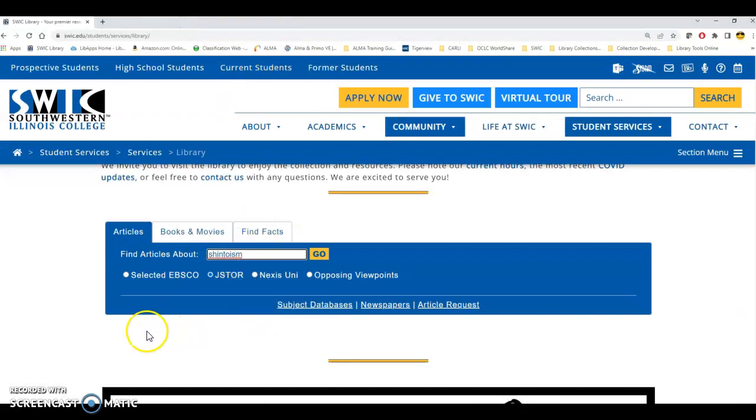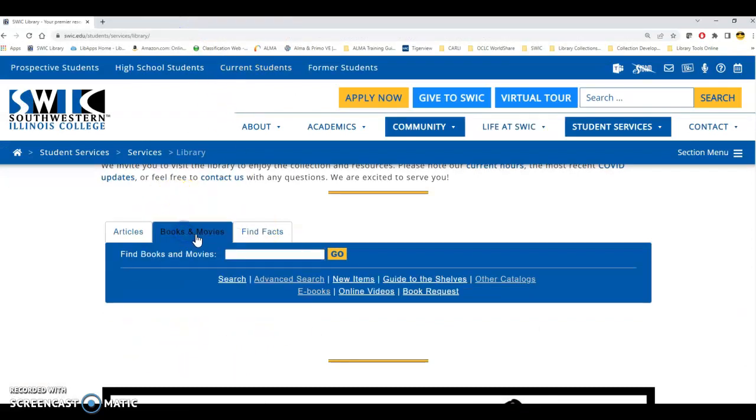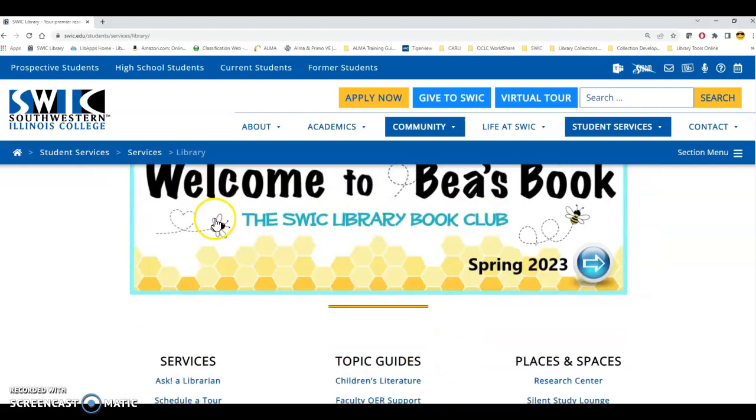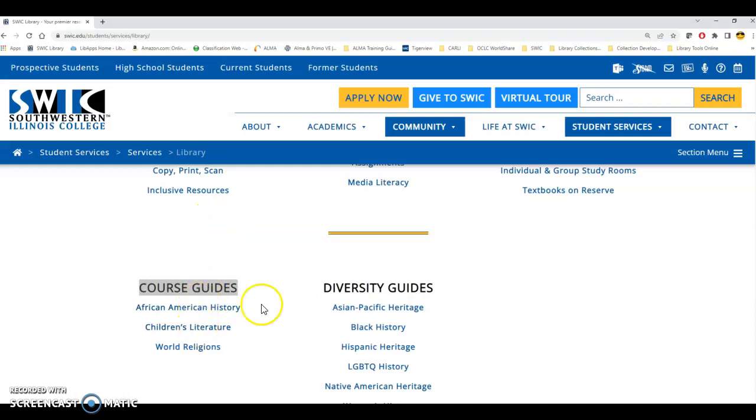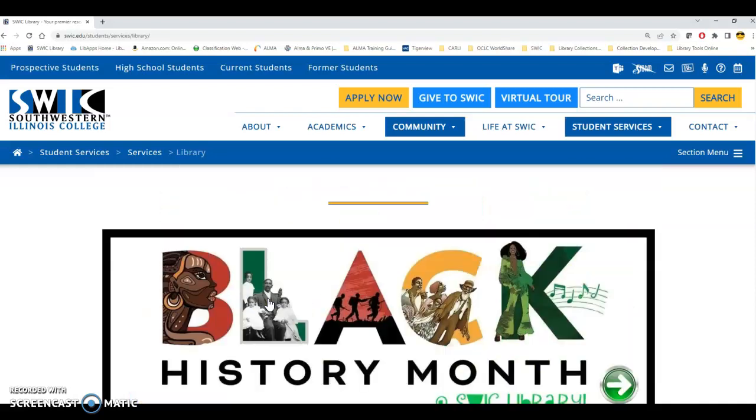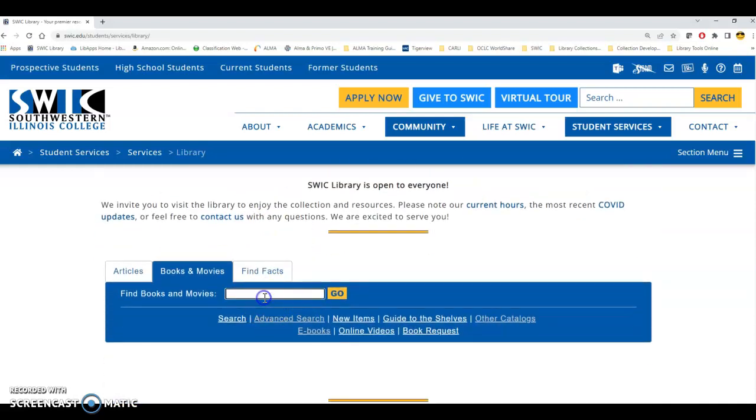And the last place I want to show you is how to find books and movies. There are two places. The first place is just the library catalog. Now, since you have that library guide, it's going to actually show you a lot of the books that we have available just using that library guide that we saw on the bottom part of the page in the course guide area. But if we come up here and we click on books and movies and we type in a topic like the Baha'i religion,